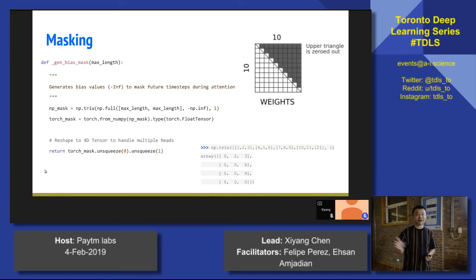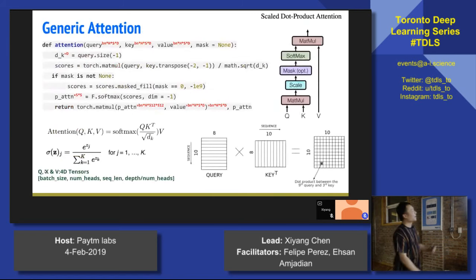Could anybody guess why they use negative infinity? Does it have to do with the activation function? It has to do with that. It's close. So remember, after you do the masking, what do